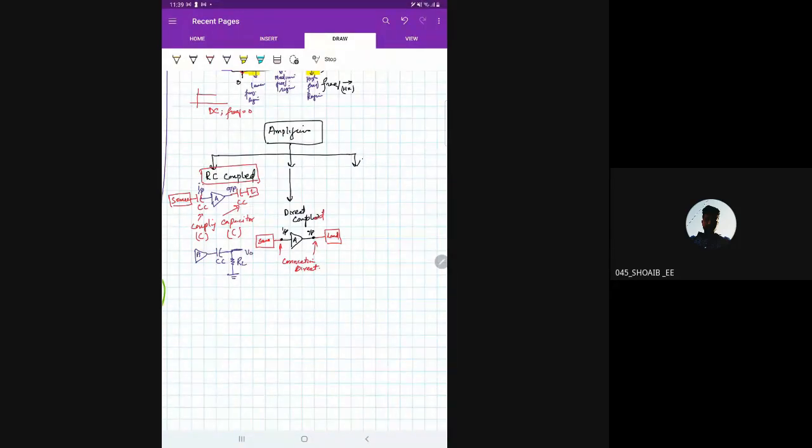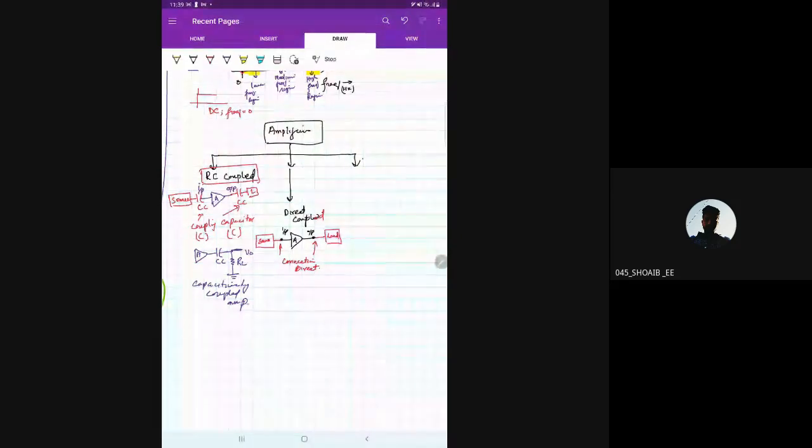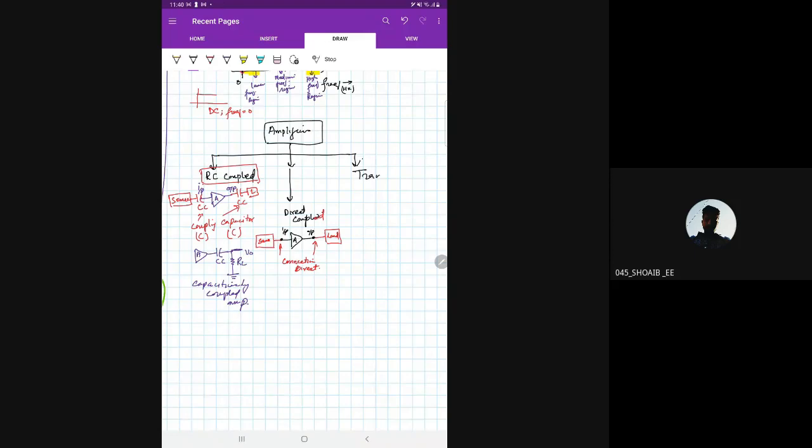So that is why it is known as RC coupled amplifier, or you can say capacitively coupled amplifier. Generally, you can say capacitively coupled amplifier. Why do we use this? I'll tell you ahead. The third class is known as transformer coupled